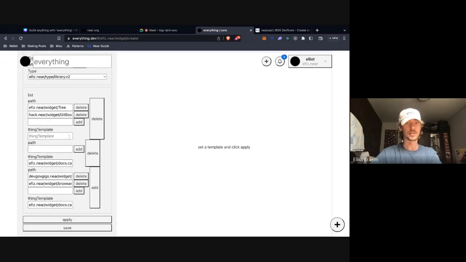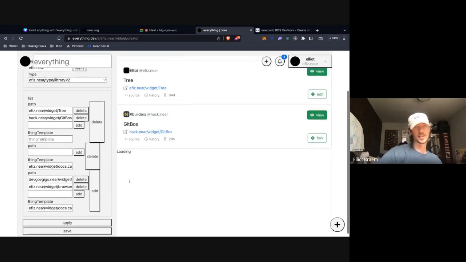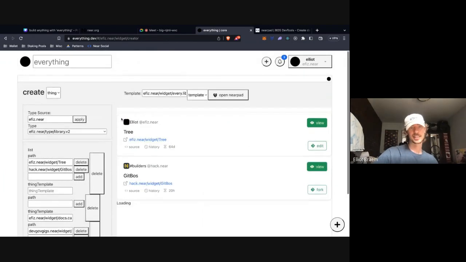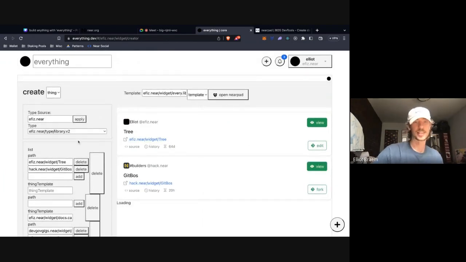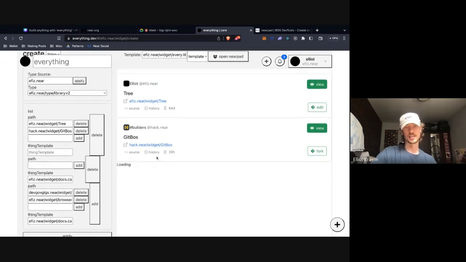I think that's doing something really weird. That doesn't look right to me. Yeah, I don't know why, there's something happening weird with the second one. But that's the gist: you put types inside of types, and then you can quickly compose applications. So this would be building a library of lists of their own widgets.